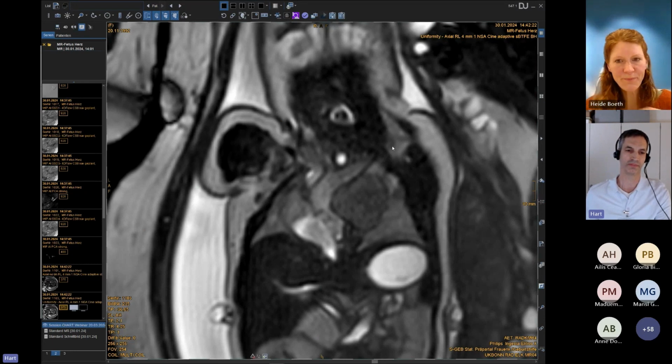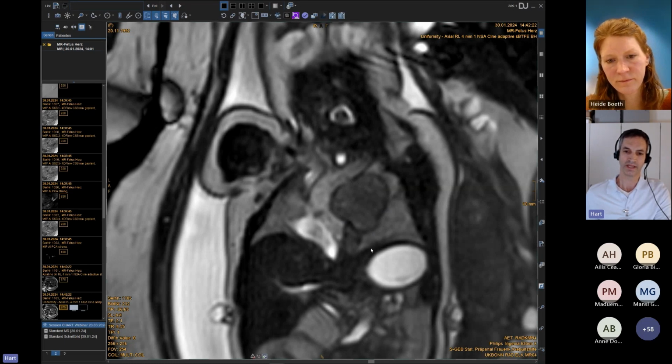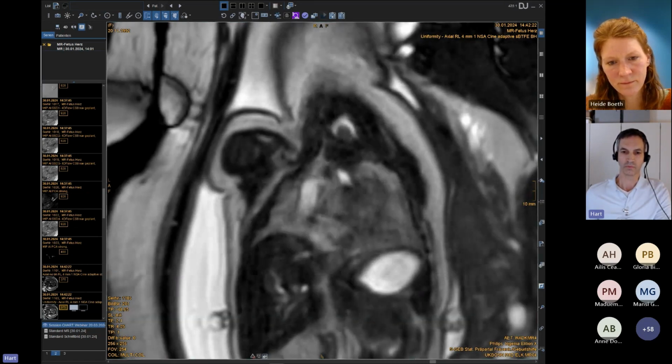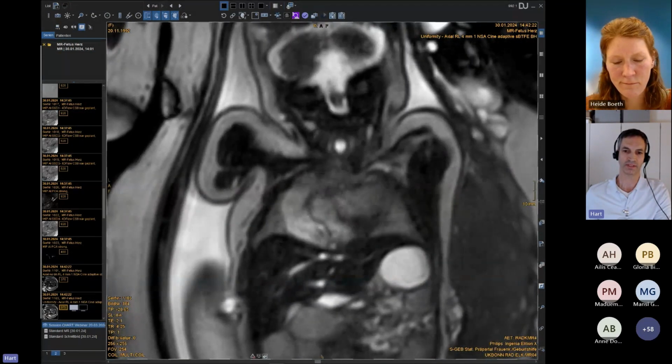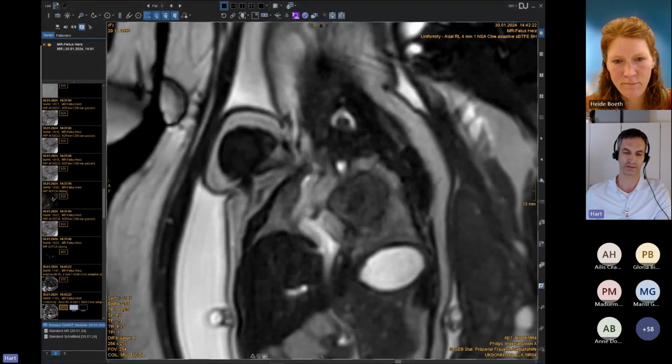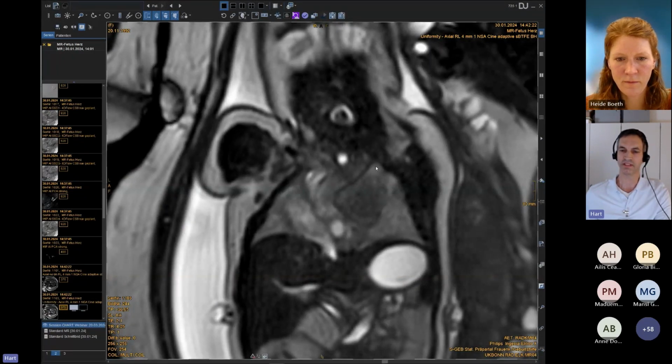quality, and afterwards we repeated cine imaging, this time in coronal orientation, and you can see here this is the aortic arch over here, ascending aorta, and right next to it this is the left pulmonary artery, enormously enlarged and compressing the left lung, and over here right lung. So we thought that this would be a poor prognosis about adaptation after delivery, and so we consulted our neonatal colleagues that there would be probably the need of mechanical ventilation right after birth.